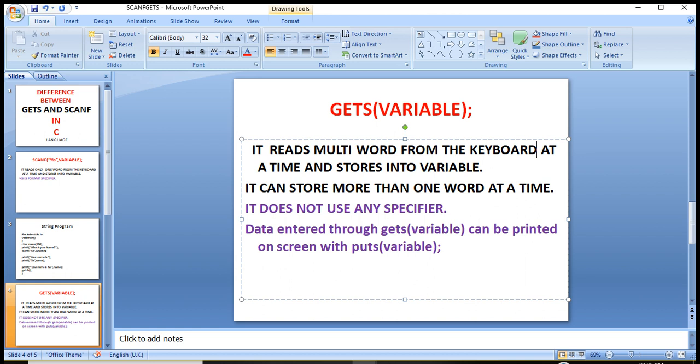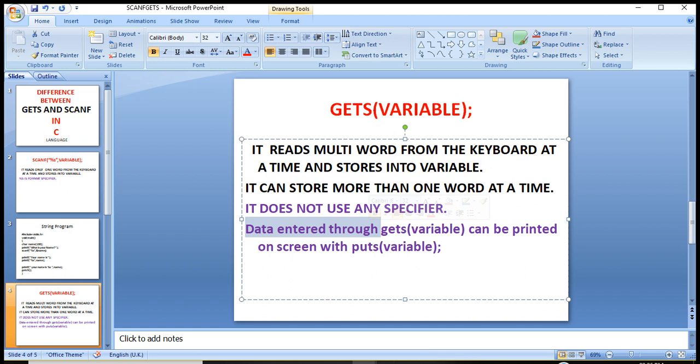It can store more than one word at a time. It does not use any specifier like %s or %c. Data entered through the gets function can be printed on the screen with the puts function.